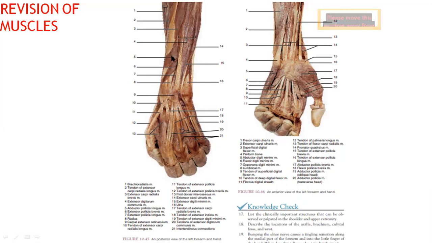Then these are deeper compartment muscles. If you remember, I gave you that code AEE, isn't it? What are those? We have abductor pollicis longus, extensor pollicis brevis, and extensor pollicis longus. Then the underlying bone, what you are finding towards the thumb, this is the radius bone. This whole thing you have is extensor retinaculum, what we have studied in detail.